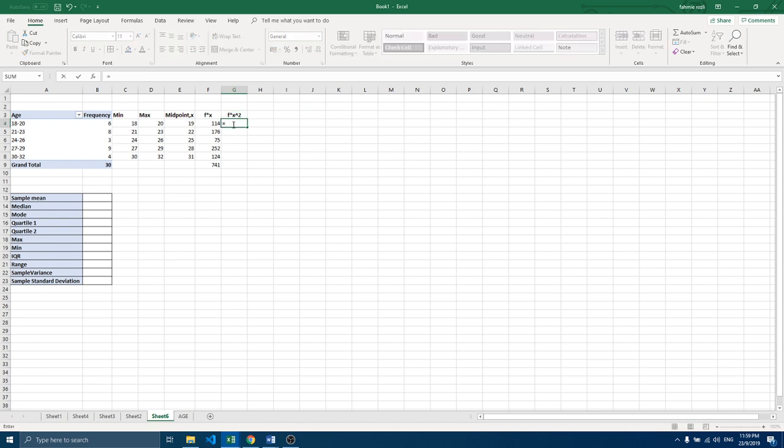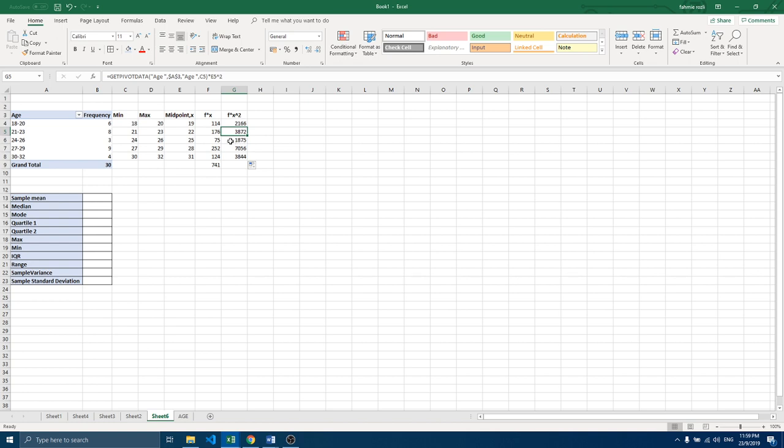So it's equal to frequency, which is 6, multiplied with x. X is 19, but now power of 2. Same thing, this 18, click the minimum, then enter. So f, which is 6 multiplied with 19 squared, is equal to 2166. So double click, and